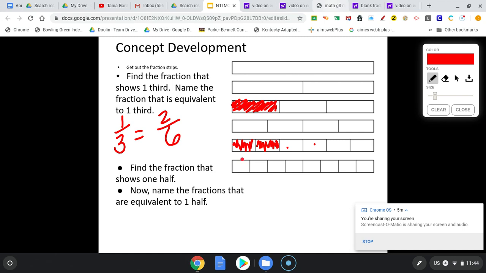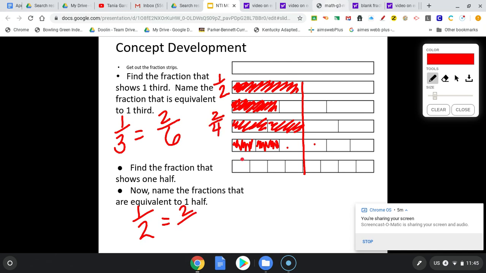Now let's find a fraction that shows 1/2. So if I look at my fraction strips, 1/2 would be 2 parts. So right here is a fraction strip that has 2 parts. So this fraction strip is 1/2. So let's find some fractions that are equal to 1/2. So let's look down. Oh, so this would be the same point. So I know that this right here shows an equivalent fraction to 1/2. That is 2/4. And I keep going. I have 1, 2, 3, 4, 5, 6. 3/6 is